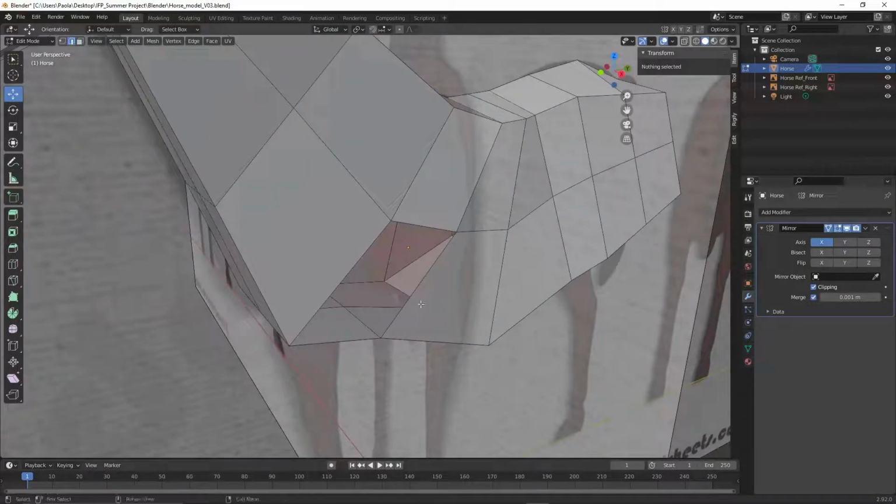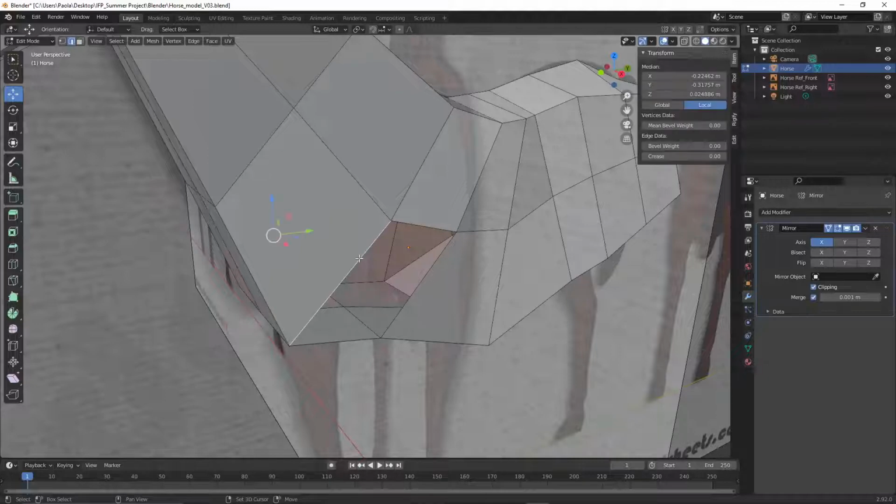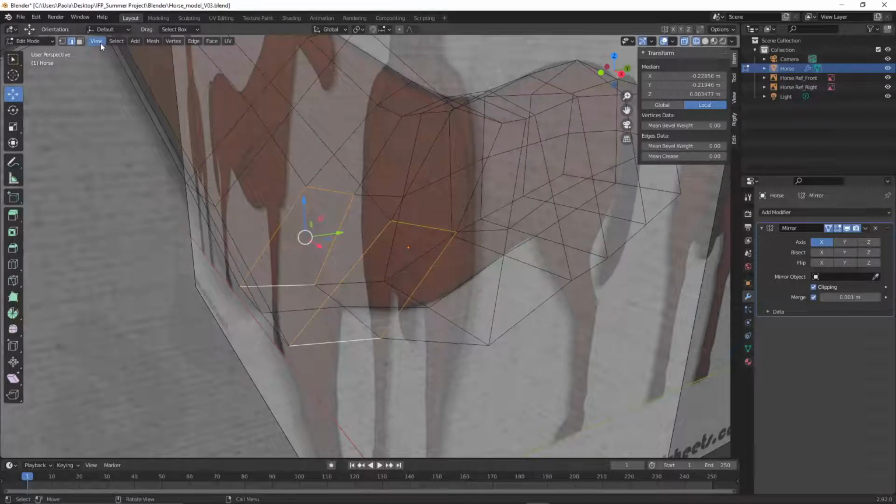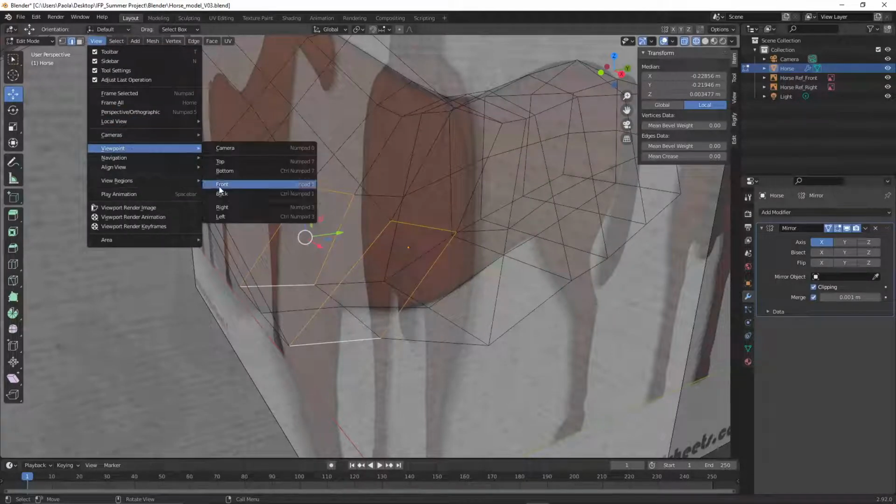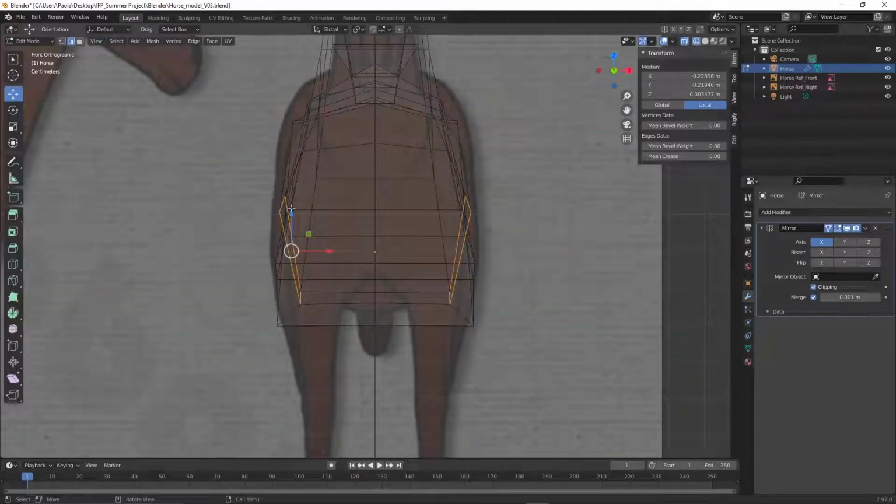So then what you do, you hold down shift and then left click, left click, left click. Do not let go of shift and then you are able to select all of this. So let's go back to wireframe and then view, viewpoint, front. So it's mirroring over here. So let's pick